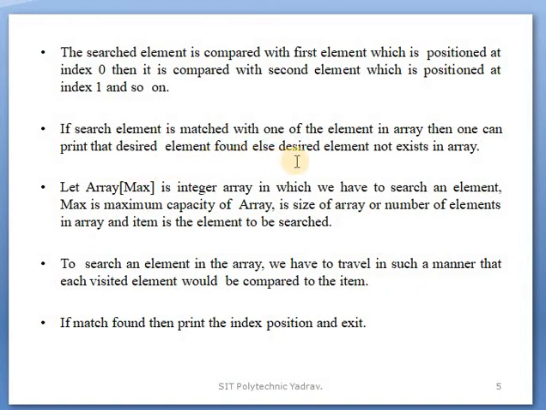Else means other: if the element is not found in the array, not present in the list or in that array, then display "not exist in array". Clear that one? Okay. Next point: let array max be an integer array in which we have to